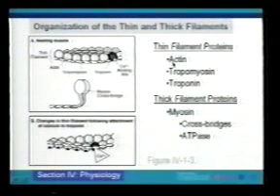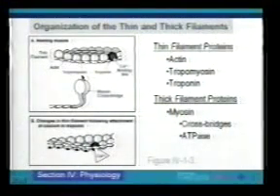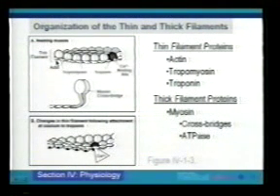Now, if we start with actin, the big point about actin is that actin is basically the structural protein of the thin filament. So actin is the structural protein of the thin filament. If you look at a figure representing a thin filament, they usually show it as globs of actin all connected together to form a thin filament. Now, there are 2 chains of actin, but all you have to remember is that actin is the structural protein